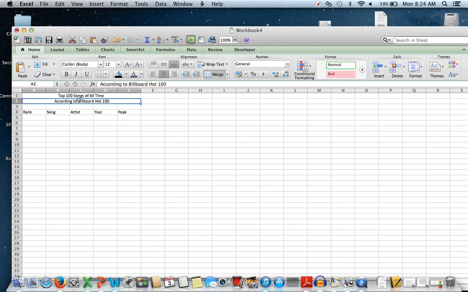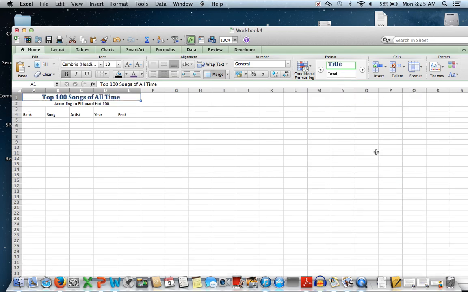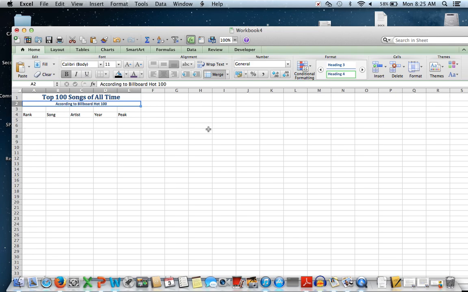Now we're going to go back to that first box, the title, and in the format area, if you go just under where it says where you have normal and bad, and you click, it gives you a bunch of different options. I'm going to choose the title option because it's going to put it into bigger letters for me. I don't have to mess around with the size font or anything. And then the second one, I'm actually going to go back, do the same thing, except I'm going to use heading 4, which does not have an underline. If you use any of these other ones, it's underlined. I don't want to do that right now, so I'm just going to choose heading 4, and then I do want to make it a little bit bigger, so I'm going to go with